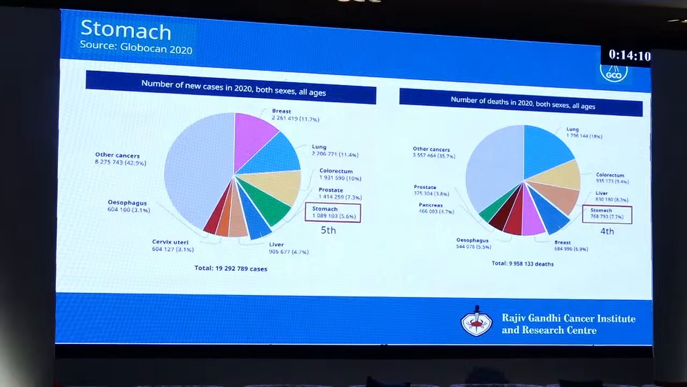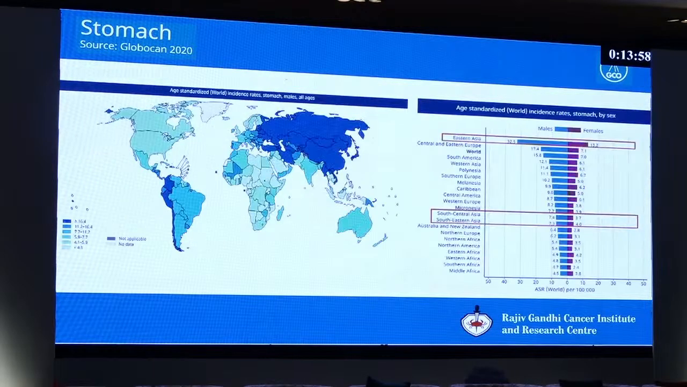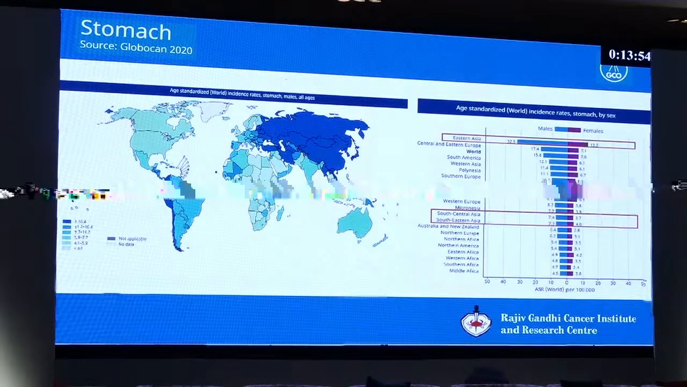Stomach cancer, global statistics. Stomach cancer is the fifth most common cancer in the world, and it's the fourth most common cancer causing death in the world. But if you look at the world distribution of stomach cancer, you see the sheer contrast. There's a lot of area in dark blue, which is the area where you will see a lot